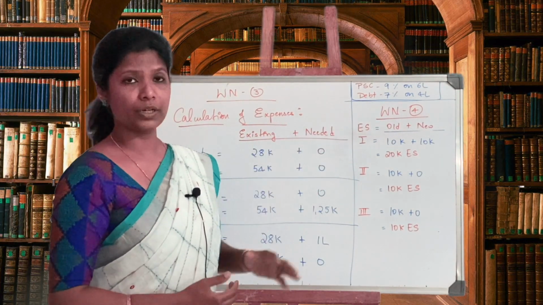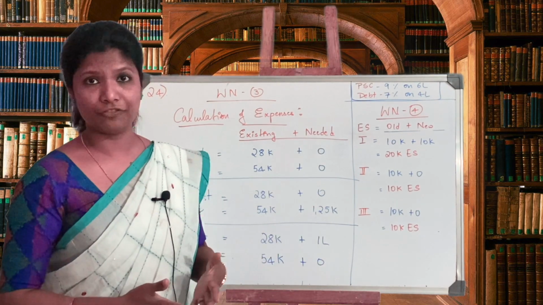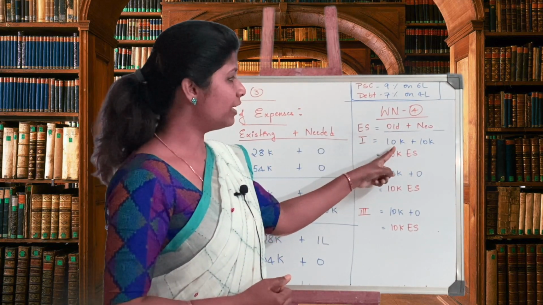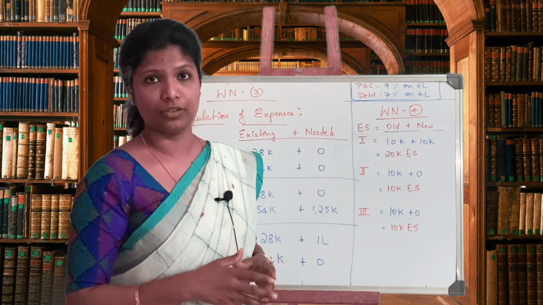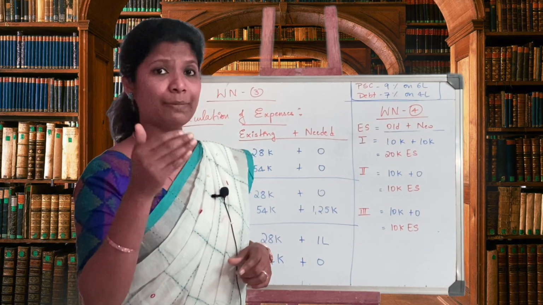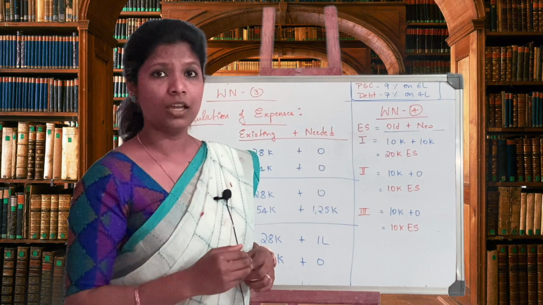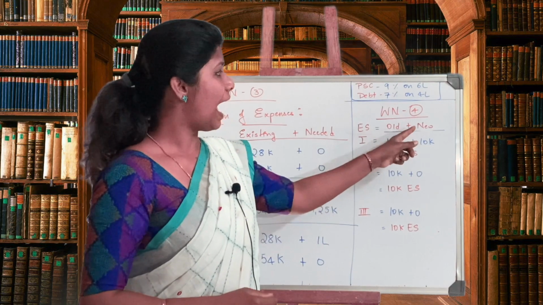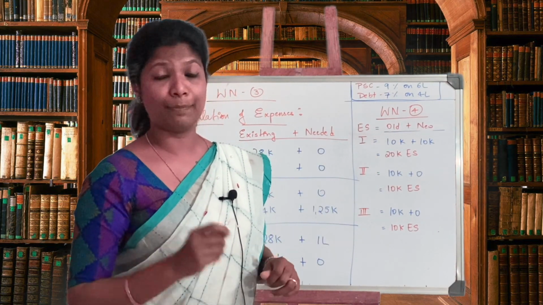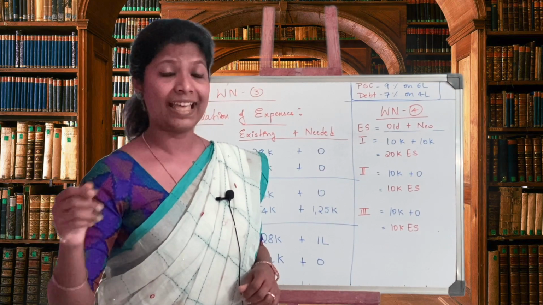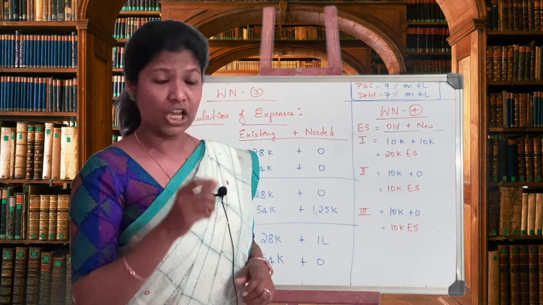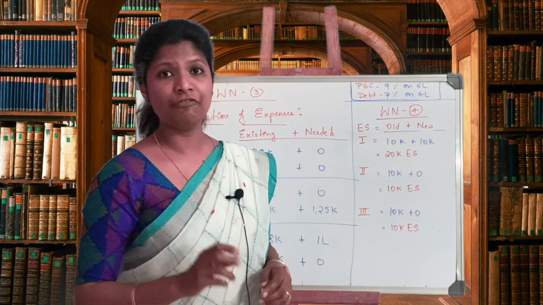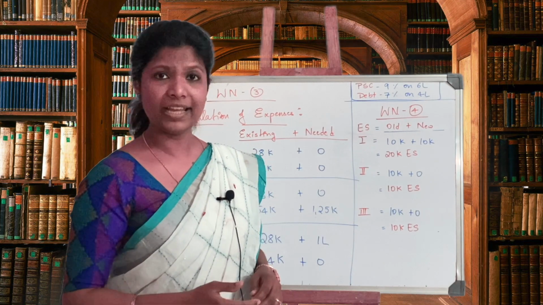Moving on to the last working note, number 4. It's calculation of equity shares, where I'm going to calculate old plus new. Now, old we know is 10,000. If you can see in the question, the box where they've given the details, if you divide capital by price per share, you arrive at 10,000 equity shares. The new capital is 10,000 equity shares. The plan itself is 10,000 equity shares at the premium of 25 rupees, correct? So that 10,000 I'm considering here.